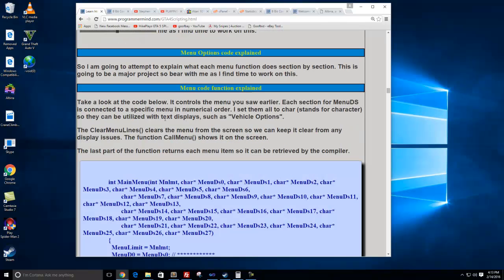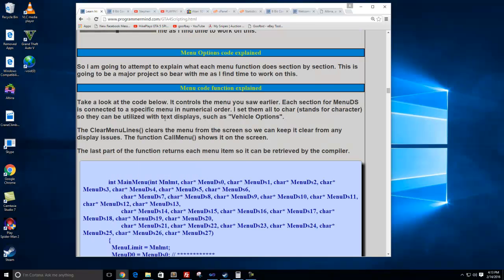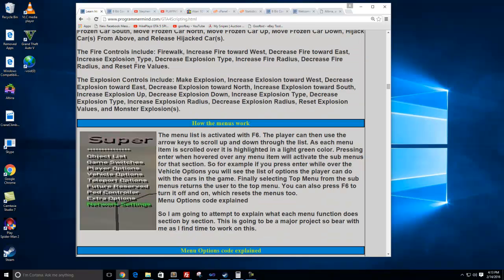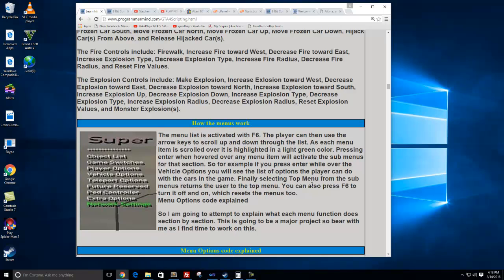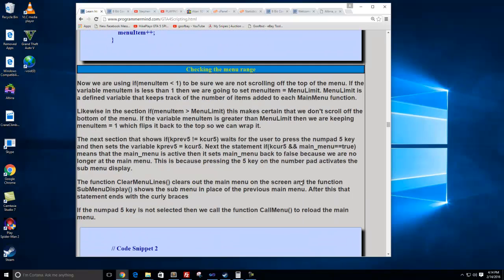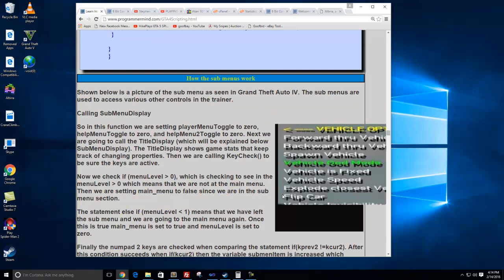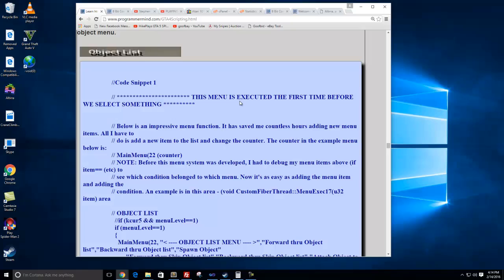But anyways, I don't want to go overboard. But this also shows you how the menus work. I designed my own menu system. I noticed a lot of the other menus were just kind of one layer only, so I designed sub-layers where you could click on something and it would switch out to the next menu, and I kind of explained that down here somewhere. Right there, there's the sub-menu right there for vehicles. So yeah, check that out.